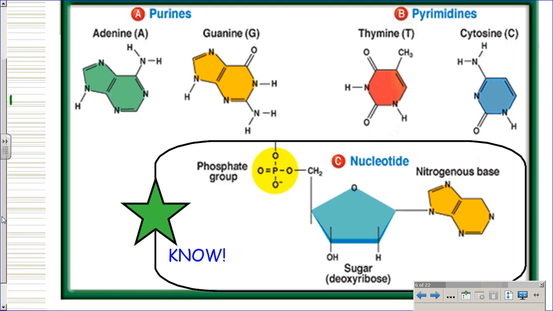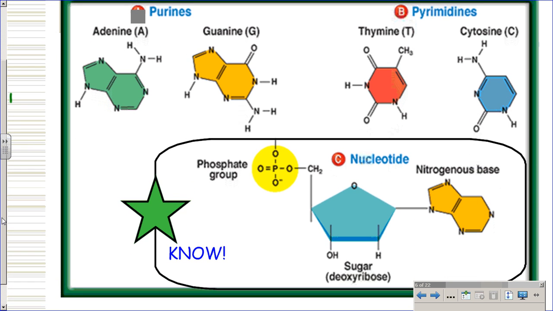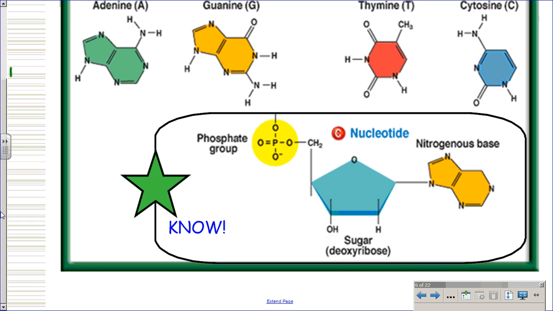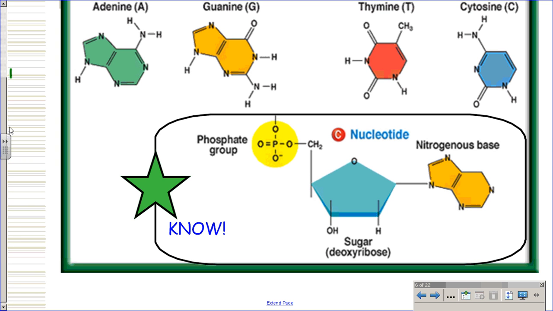Here are the 4 nitrogen bases. You see they are different. Like these are kind of the same and these are kind of the same, but these are totally different. Okay, so that's why I didn't want you to draw a true structure, because they're different for everyone. And you now know this. You could see that and tell me, oh yeah, that's a nucleotide. Yes? Question? There were classifications up there, the purines and pyrimidines? No, that's upper level, and I'm not going to ask you to memorize that.